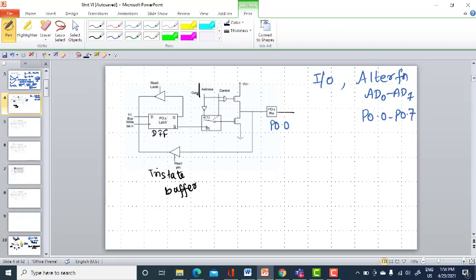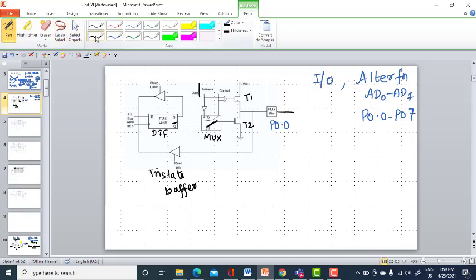So, this is the address or data, and this is the control signal. You have two transistors T1 and T2, and this is a multiplexer MUX. Okay. So, when this particular port is operating as an input port, this MUX switch will be connected here. It will be connected to the Q bar of your flip flop.